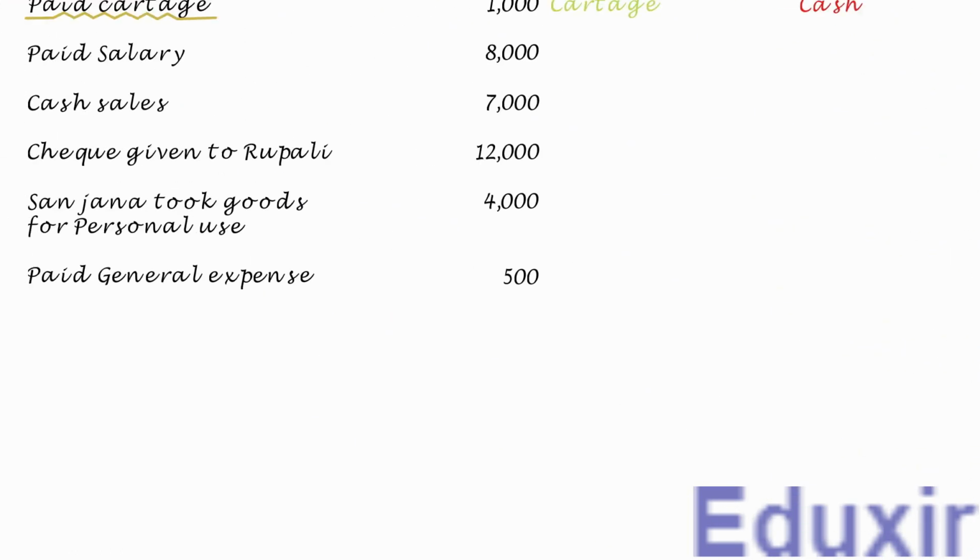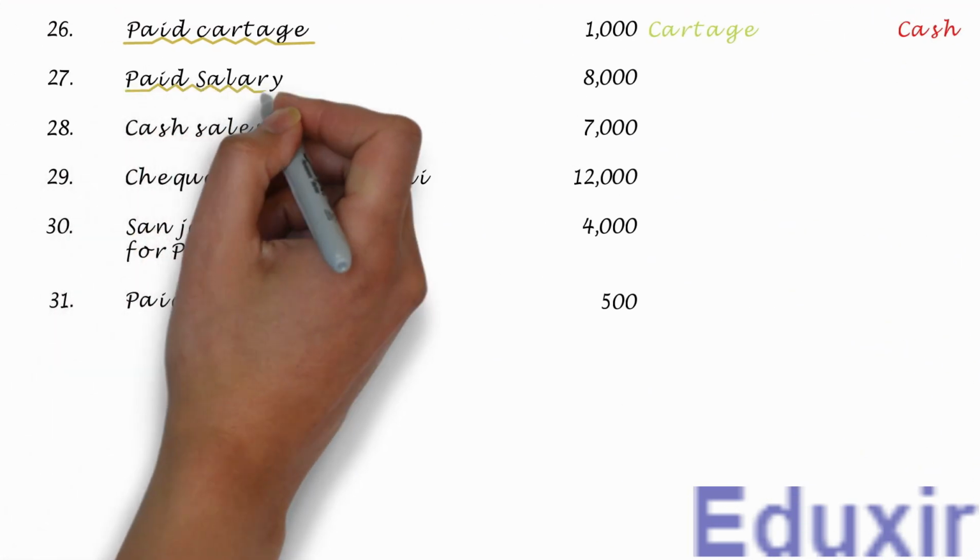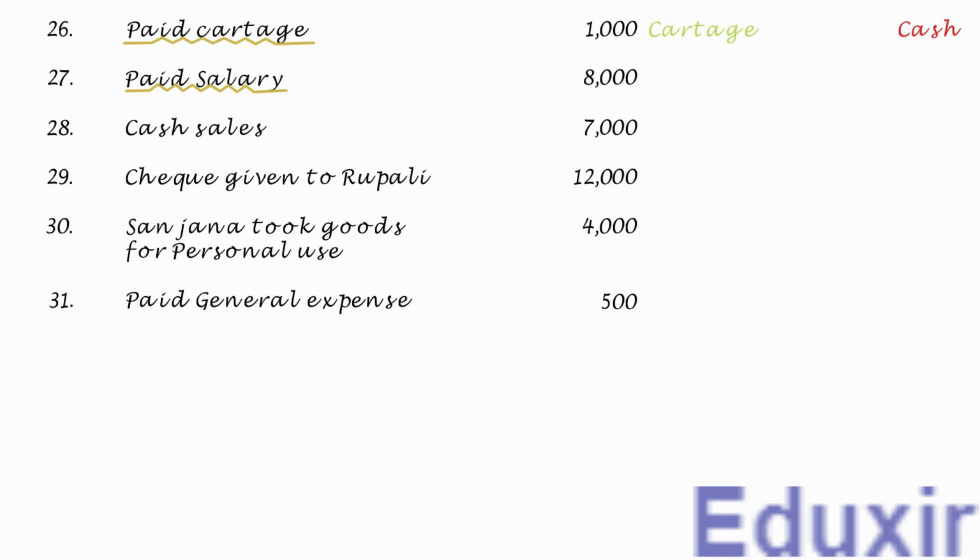In this transaction, the business has paid 8,000 rupees for salary. As you know, unless otherwise specified, all the payments are usually considered to be done in cash. So in this case, we can safely assume that the payment of salary is done in cash. Also, payment of salary is considered as an expense. So in this transaction, the business is incurring an expense named salary.